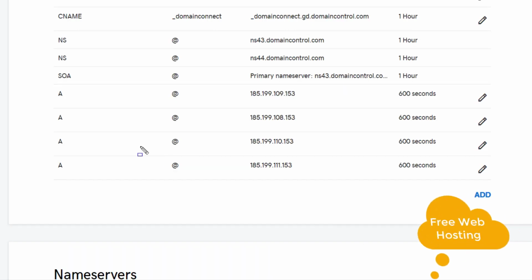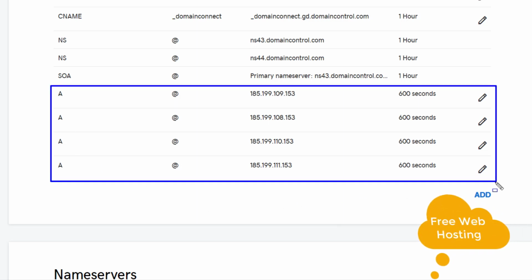Now I have added 4 IP addresses here. You can see it. It's 4 IP addresses I added in the GoDaddy DNS.